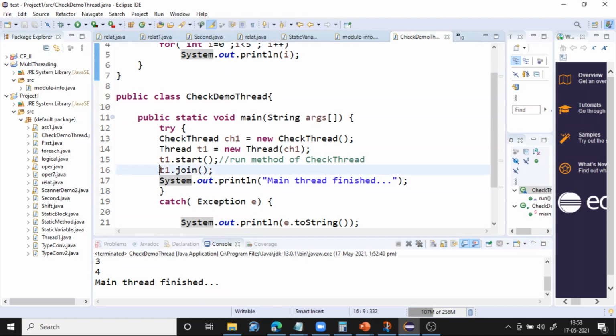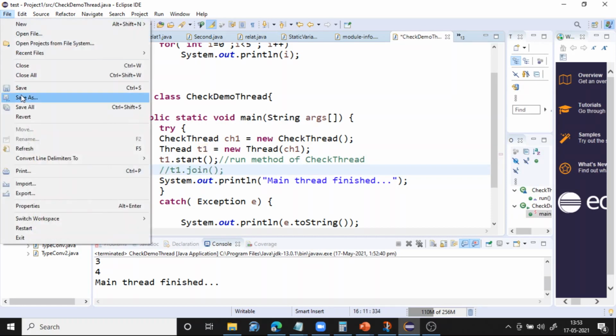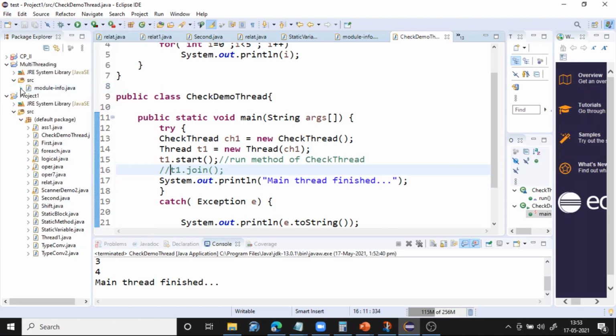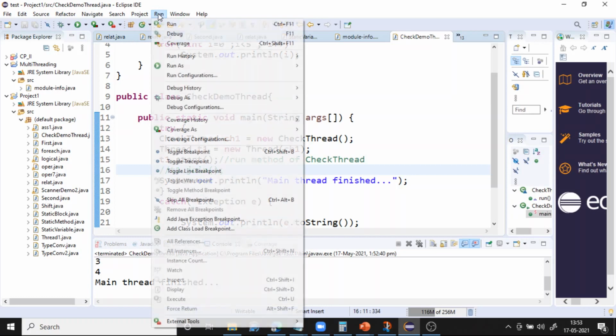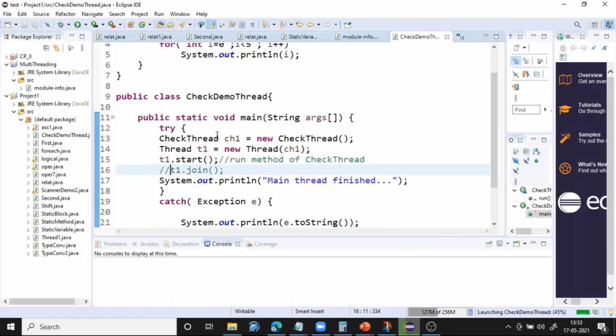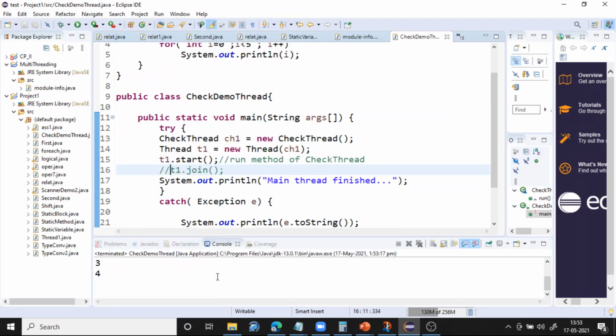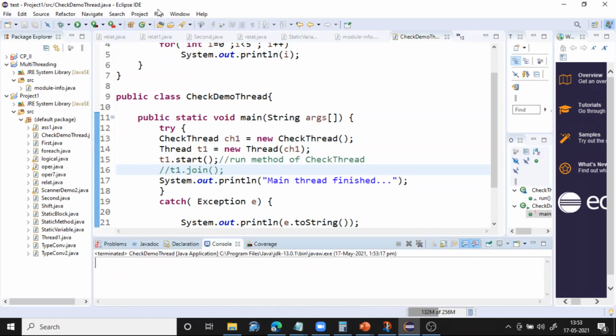If I don't give this t1.join, then the main thread will not wait for t1 to complete. So the main thread may finish first, and t1 may finish after the main thread has executed. Let me clear the screen and execute it. Now I have commented out this t1.join.